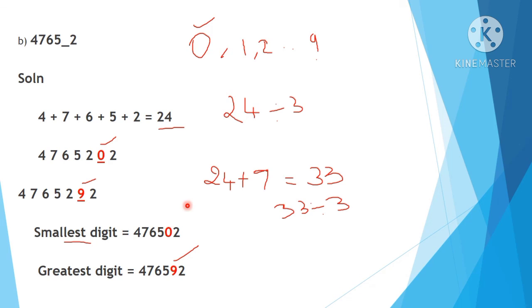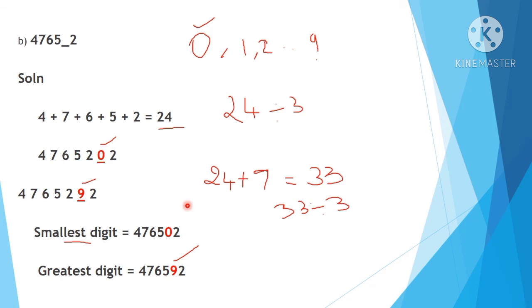Okay. Now greatest you check with this 24. 24 plus 9. We will have to check for the greatest, right? 24 plus 9. Check it. What answer are you getting, children? You are getting the answer 33. Whether 33 is divisible by 3? Check whether 33 is divisible by 3. Yes. You are getting the remainder 0, right? Because 11 3s are 33. So it is divisible. So you will write which number in the greatest digit? 9. You will write 9.